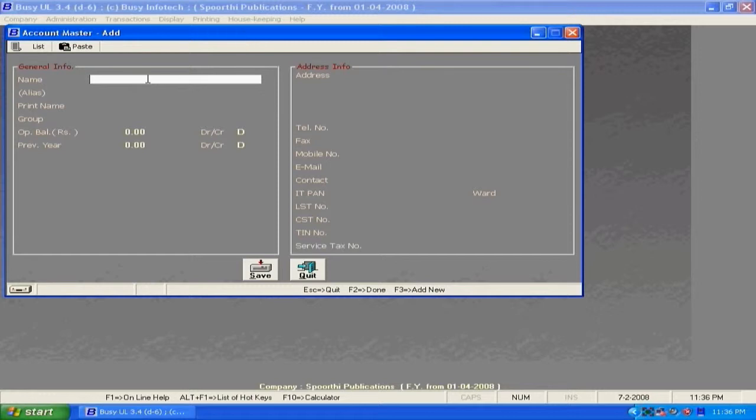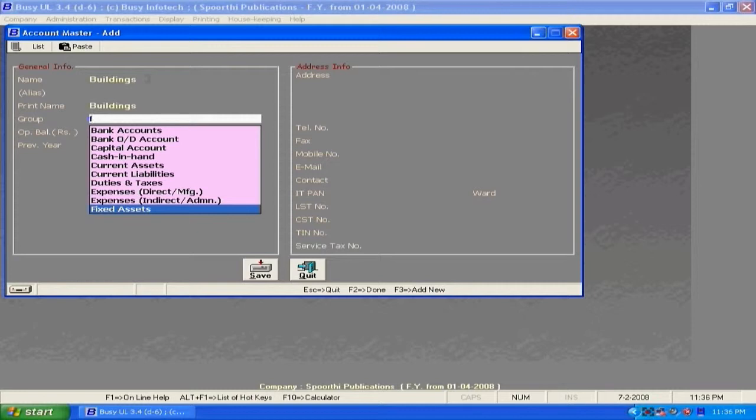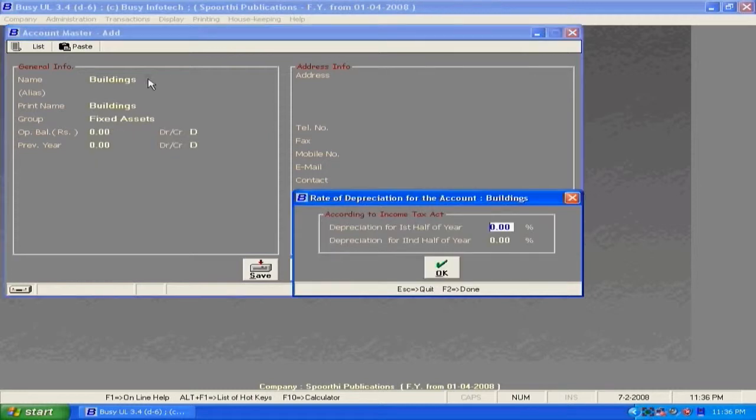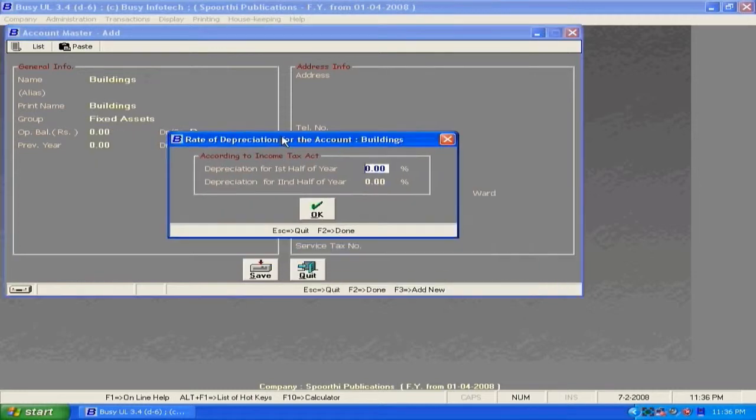Now we are creating one more account, buildings. Under group, fixed assets, where a pop-up menu will open asking for depreciation, where you need to enter the rate of depreciation and it will automatically calculate for the half year. Then click OK. Now enter the opening balance